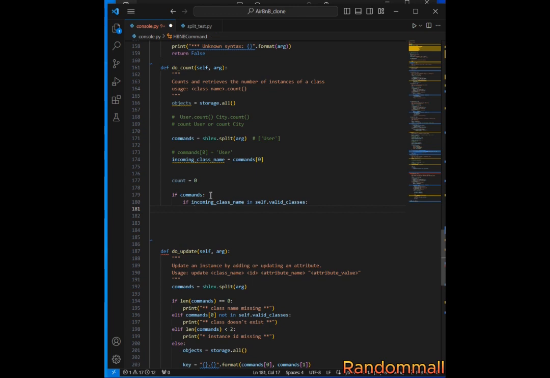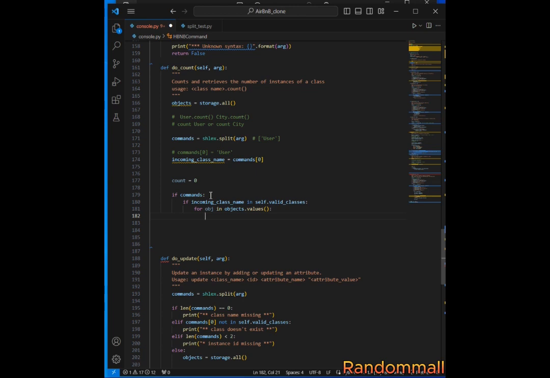Now if it is in the list of valid classes, we are going to iterate through all the stored objects. So we are going to say for object in objects.values,